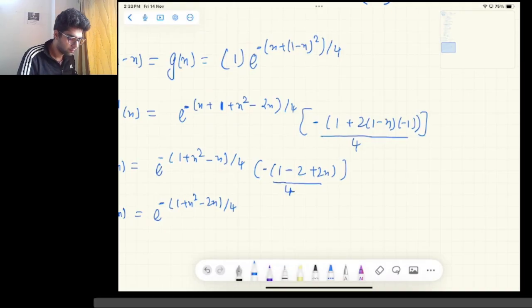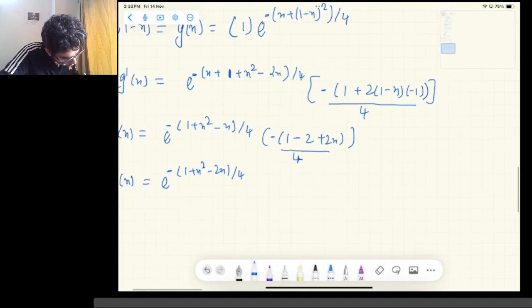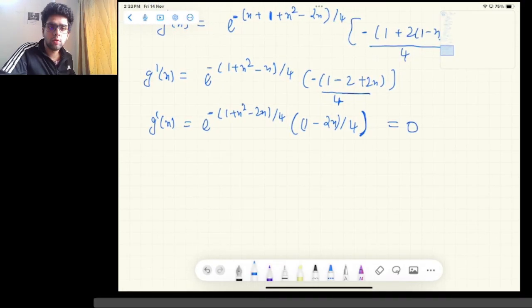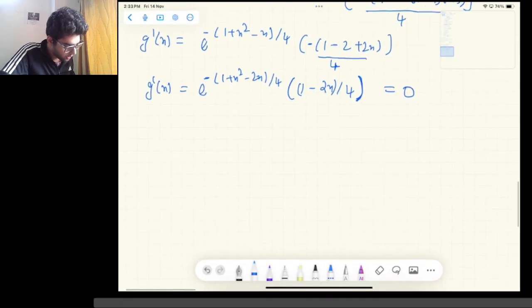Right? 4 will also come here. So I'll be left with this minus 1 plus 1. So 1 minus 2x divided by 4, right? If I just equate this function to 0 now, I need to find the critical points. For the critical points,